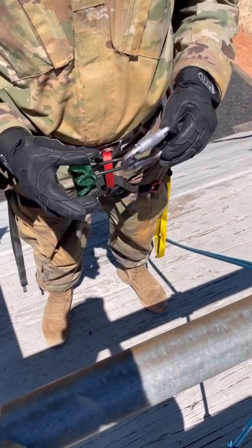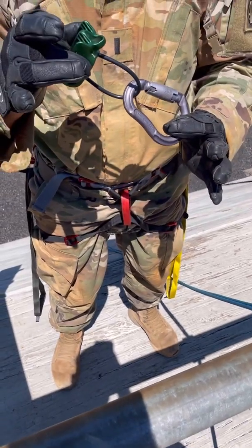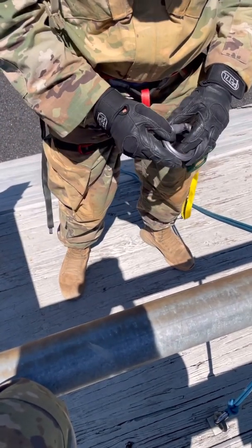Today what we're going to be going over is how to construct an auto block for rappelling. The equipment that we're going to be using for this is 2 steel locking carabiners, an ATC, tubular webbing, or 7mm cordage. Normally we're going to use this type of rappel for combat equipment or if we have a heavy